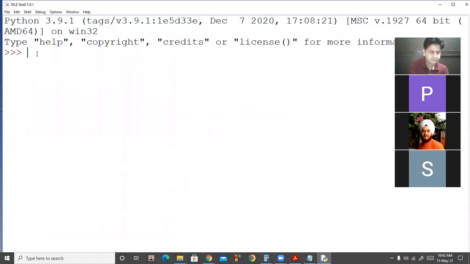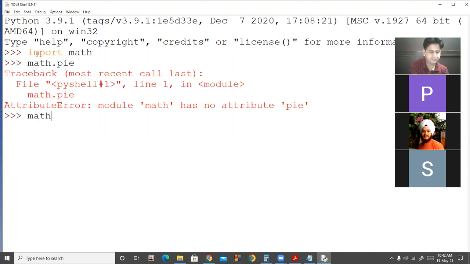I use import math, then use math dot. Look at here. This is your built-in environment. These variables are preloaded, pi, ठीक है. पर जब आप पाई, इसके साथ हमें मैथ लगाना पड़ेगा, then it will refer कि आपके पास कौन सा वेरिएबल, it is a module based value.